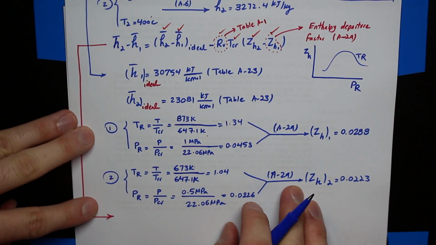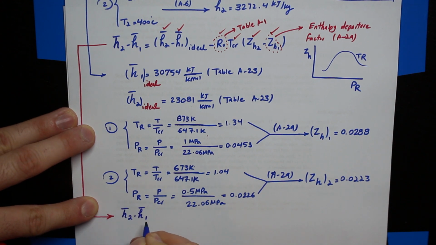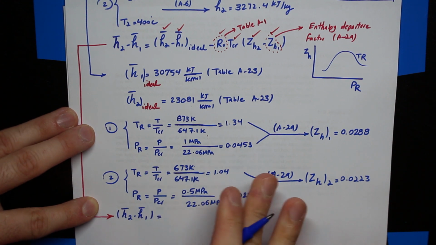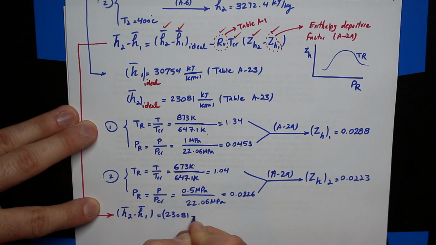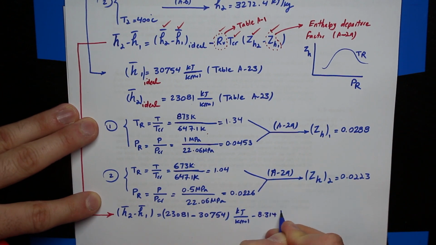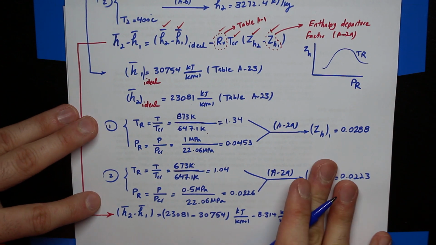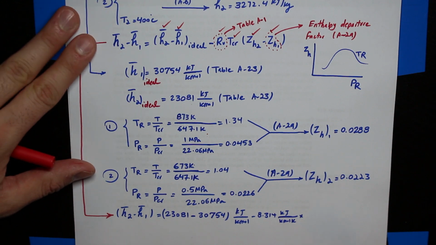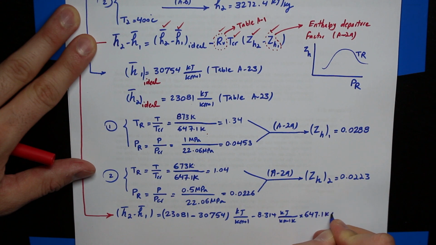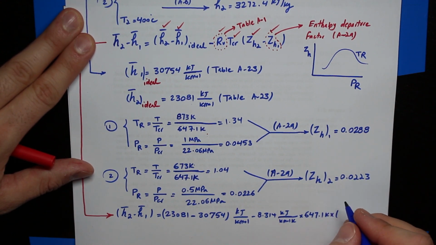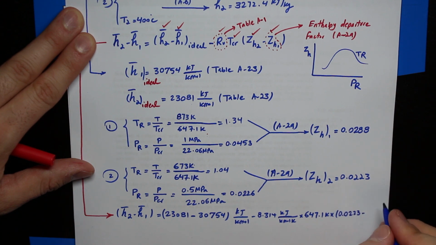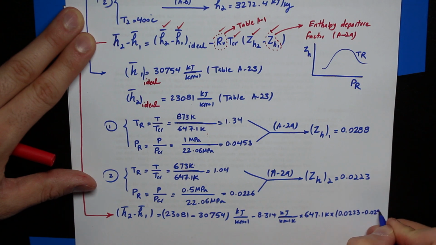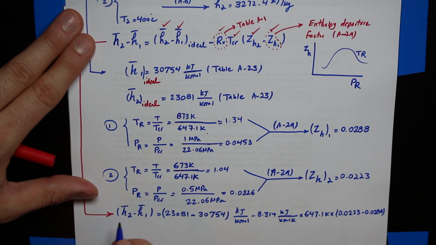That gives me H bar 2 minus H bar 1 actual, or for real gas, is equal to 23,081 minus 30,754 kilojoule per kilomole, minus 8.314 kilojoule per kilomole Kelvin, multiplied by the critical temperature, which is 647.1 Kelvin, multiplied by the difference in ZH's, 0.0223 minus 0.0288. So that will give me,